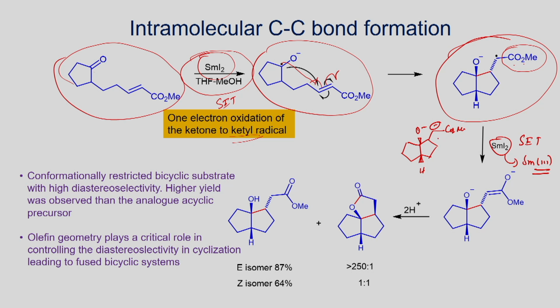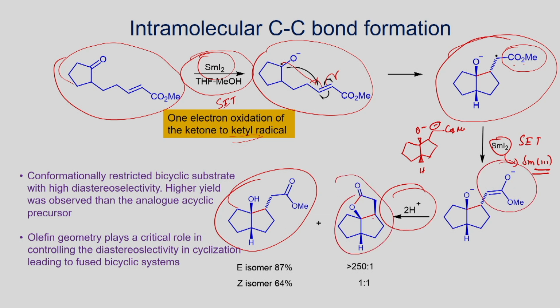Once we have this one, when you treat with a proton source, it will be converted into the bicyclic compound. It depends upon the stereochemistry of the alkene. If you have here the E isomer, you can try to cyclize as shown here. If you have the Z isomer, you can get this as a ratio of the product. This depends upon the stereochemistry of the alkene, and the crucial step is here.